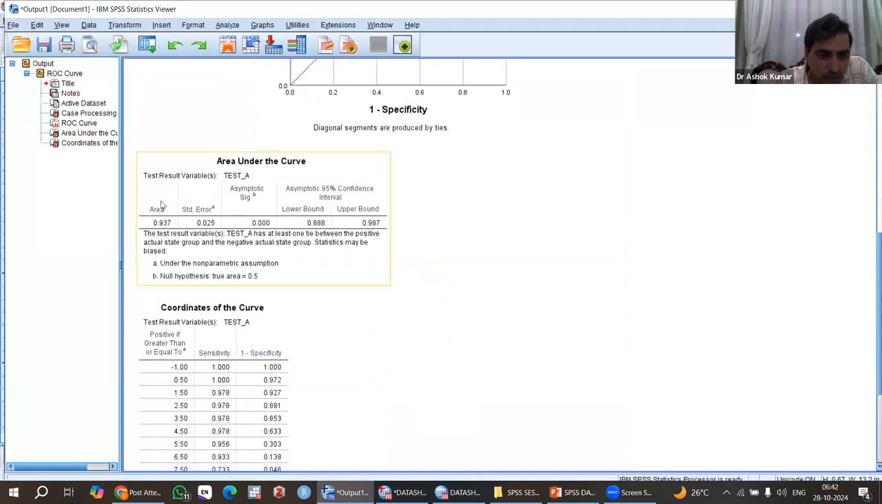So this area under curve is 0.937. And what I told, greater than 0.9 is a very excellent, perfect test. Okay. This is the standard error of area under curve. And this is the p value, asymptotic significance. It came significant, highly significant. So this test is highly significant to detect this malignancy and